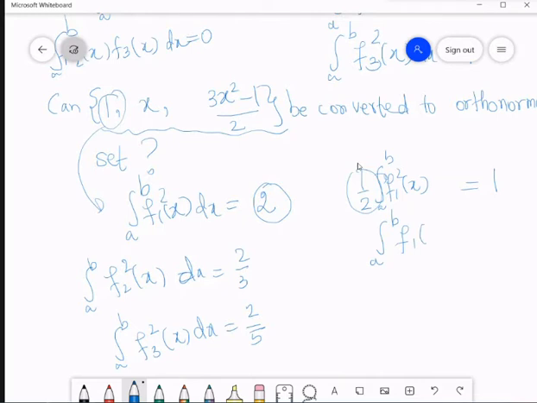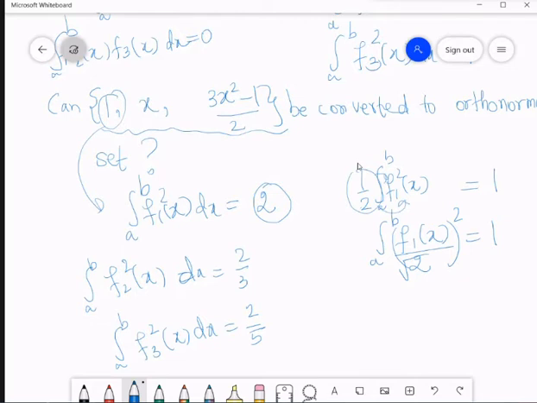f1 squared by 1 by 2. But I want to have the same meaning here. See, here it was half, but when I put it inside, it will become 1 by 4. I don't want that, so I'll take a square root here. Are you getting it? This 1 by 2, I want to take it inside the square. So what should I do? I should take a root and then square it.